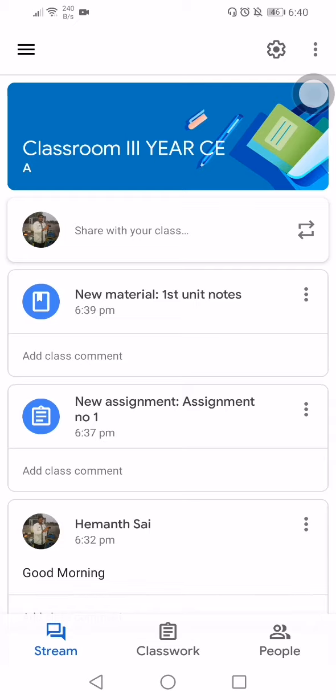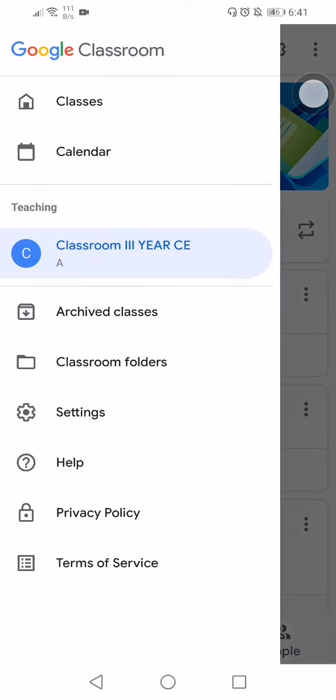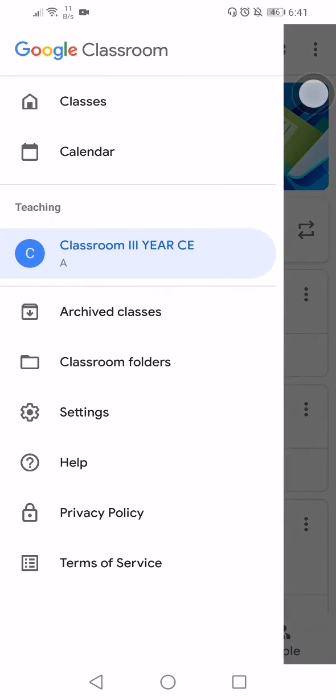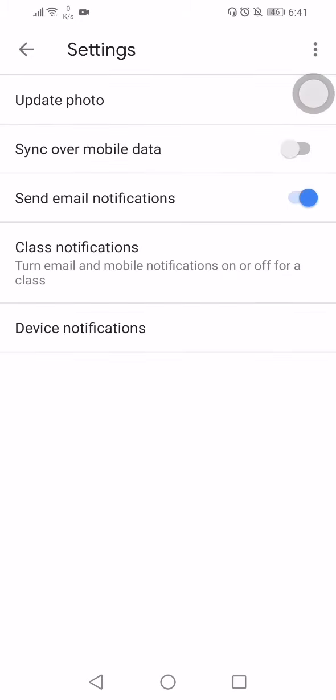So this is how we can ask the students to submit the assignments easily. This is the best method for online teaching nowadays, and we have more options here: classes, calendar, archived classes, classroom folders, settings, and all those settings I have already shown you.